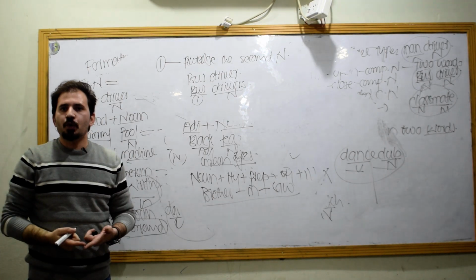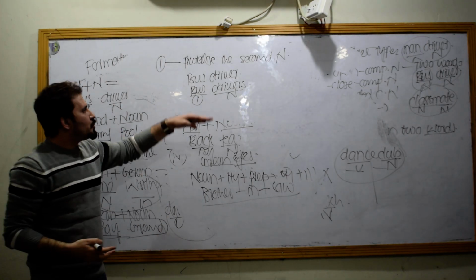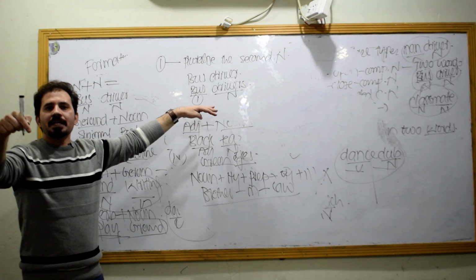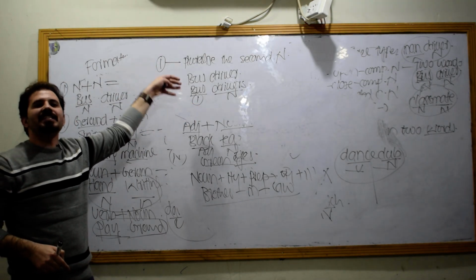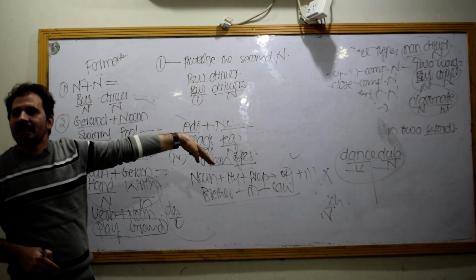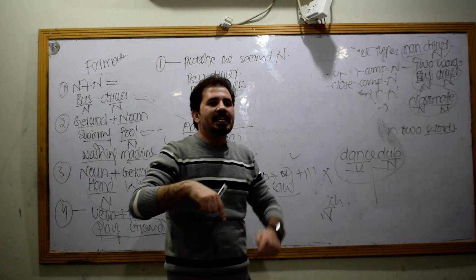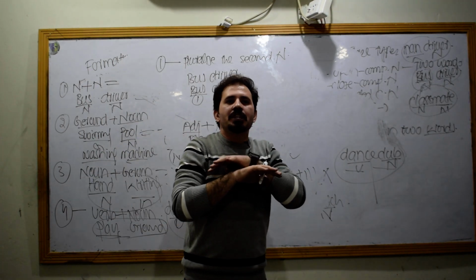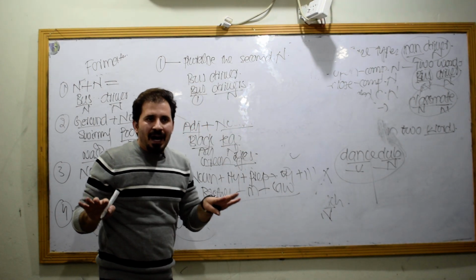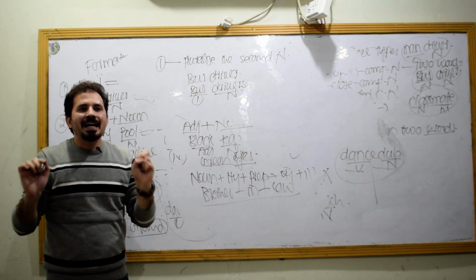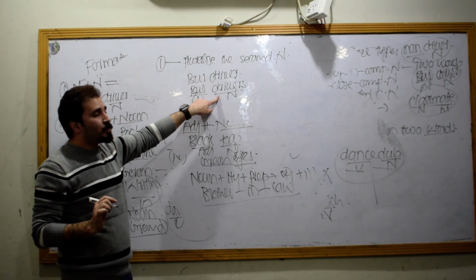Why? If somebody asks you the question, why don't we make the first noun plural? Why do we make the second noun plural? So your answer must be like this, that the first noun in compound noun functions as an adjective. What did I say? That the first noun in compound noun functions as an adjective, and adjective cannot be pluralized. Keep in your mind that in compound noun we always make the second noun plural. We do not make the first noun plural. Clear? We make the second noun plural, and if somebody